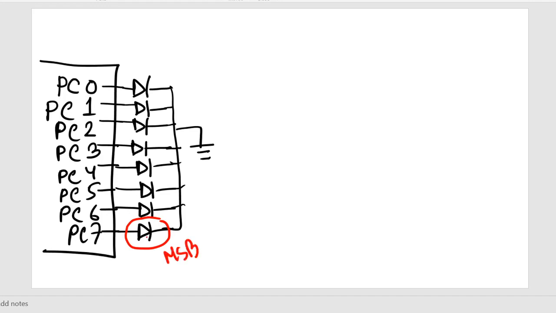So at first this LED will glow and the other 7 LEDs will be off. At first you have to send a 1 to PC7 and send 0 to all these 7 pins, and then the adjacent LED to PC7 is PC6. So after half a second this LED will be off and this LED will be on, and these 6 LEDs will